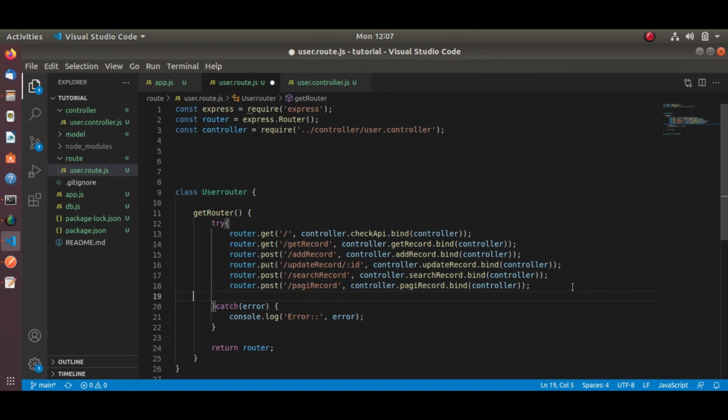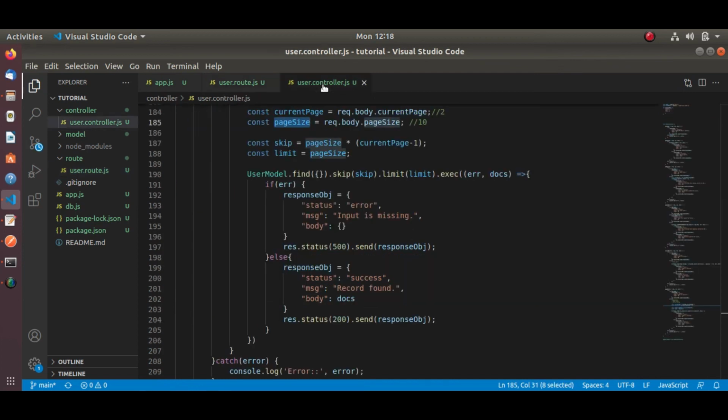Or instead of creating a new route, I can implement the same one. Okay, let me make one new route. So let's create this sort record route for sort functionality.